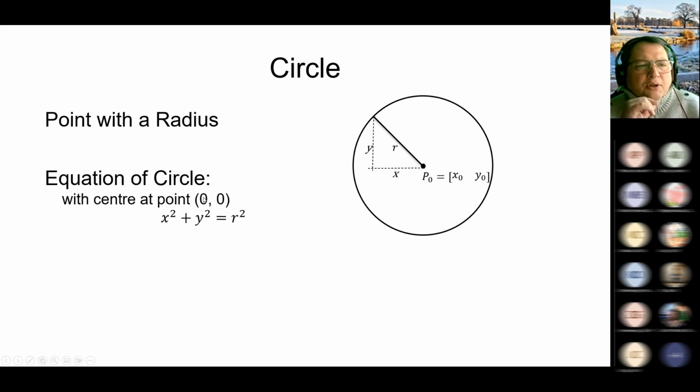And the equation of a circle with the center at point 0, 0 is something that you may be familiar with. If we have a coordinate system and the center of the circle is in the center of the coordinate system, then the formula for the circle is x squared plus y squared equals r squared. And it's quite obvious if you think about it, because if you have any point at the edge of the circle,